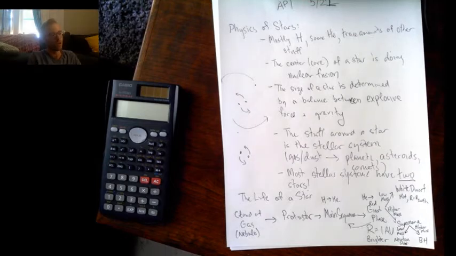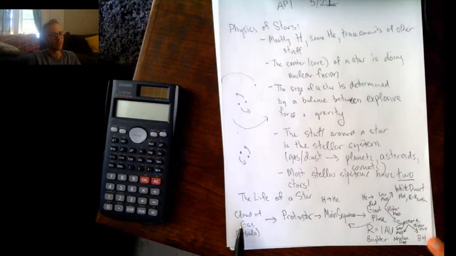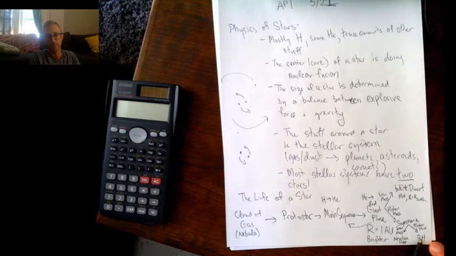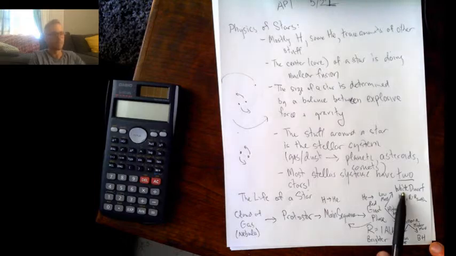So basically all stars are going to go through the stage of protostar to main sequence to giant phase. But then, depending on its mass, it might end up as either a white dwarf, a neutron star, or a black hole. Okay? So the fate depends on the mass of the initial star. So the sun is such that it's going to become a white dwarf.